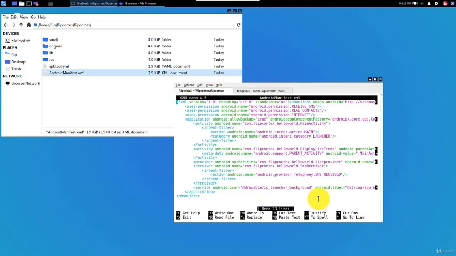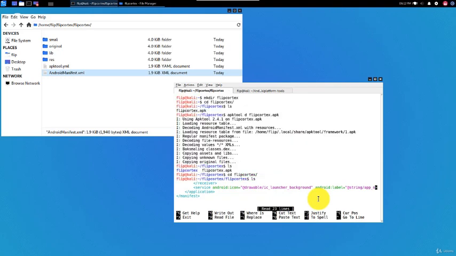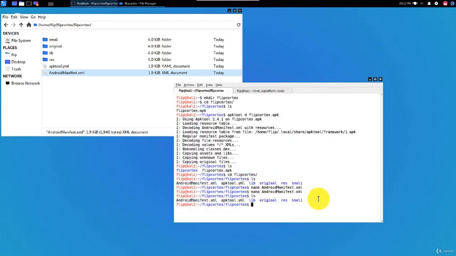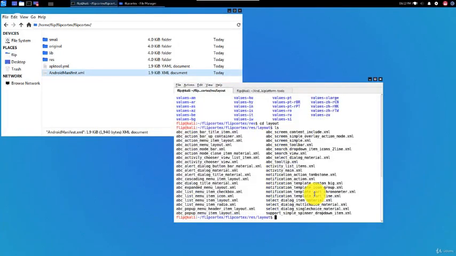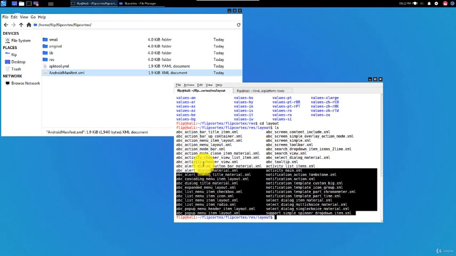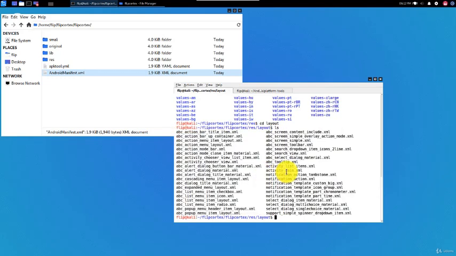So what else do we have in our decoded folder? If you go to the resources folder over here, so say, for example, the layouts folder here, cd layouts, you have the layouts, which are the user interface of the app. We can see activity_main.xml, which is the main layout associated with the main activity.